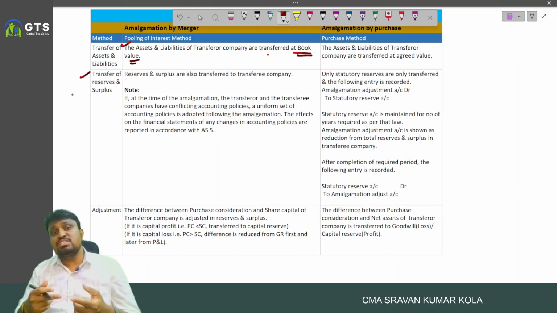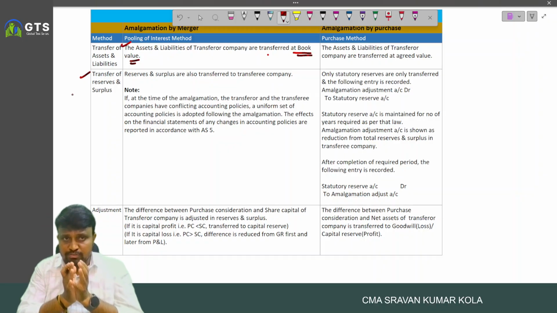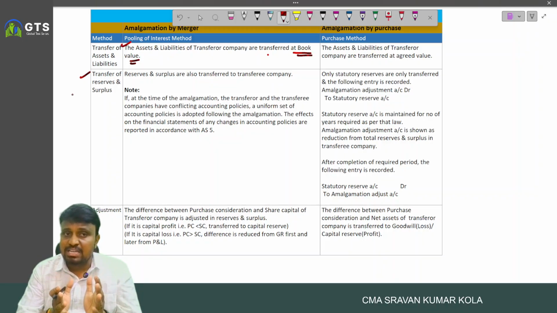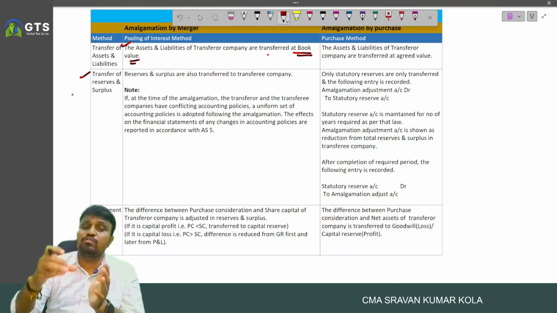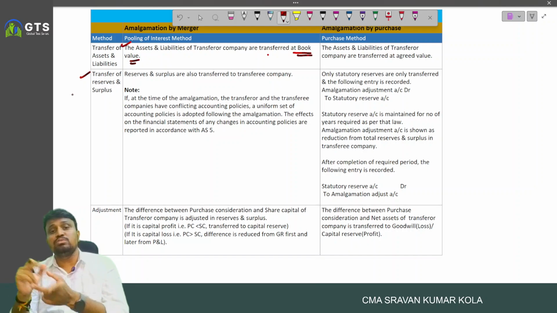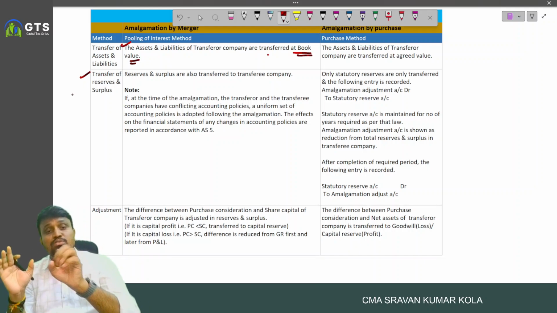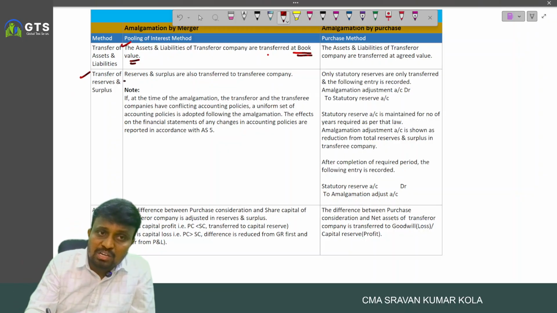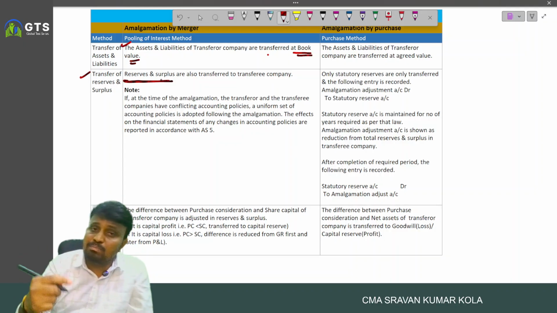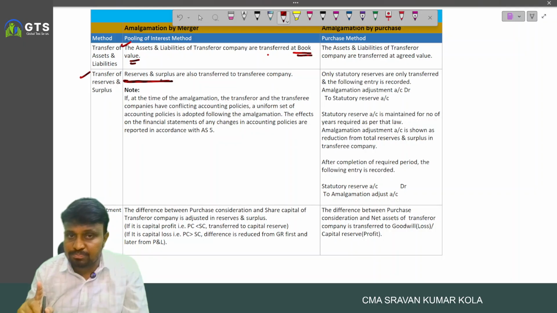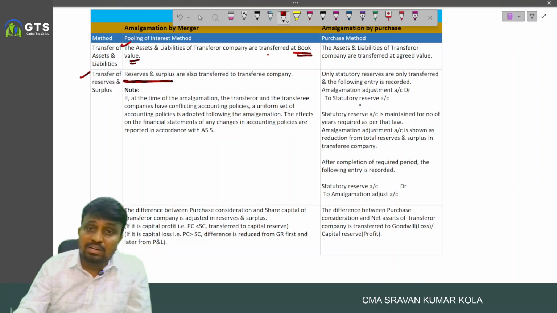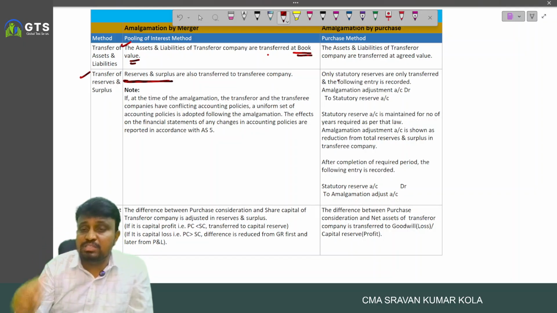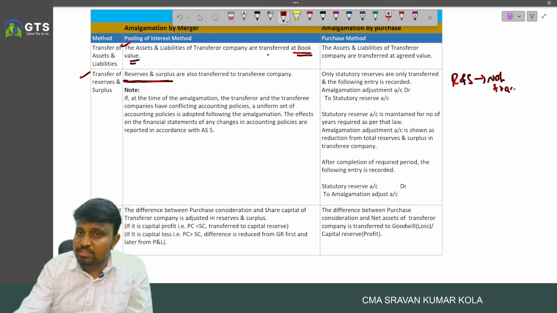Second one, reserves and surplus. Remember, in case of the pooling of interest method, or in case of a merger, all assets and liabilities, including reserves and surplus of the transferor company, should be transferred to the transferee company. So assets are transferred, liabilities are transferred, and reserves and surplus are also transferred. But in case of the purchase method, remember, reserves and surplus are not transferred,